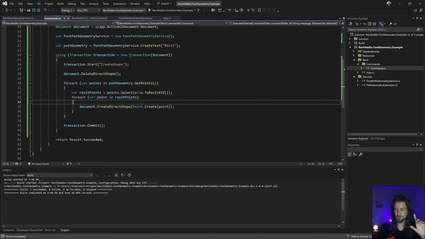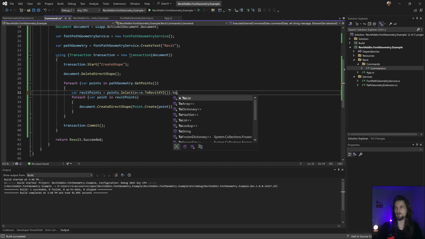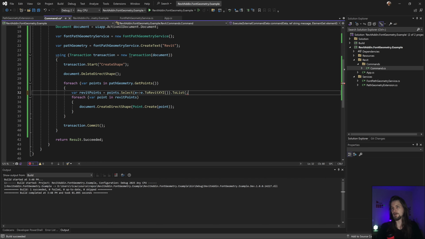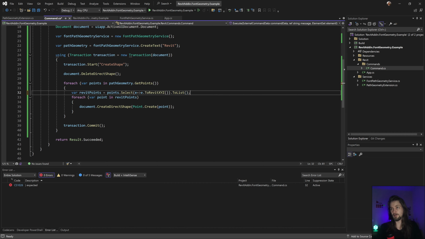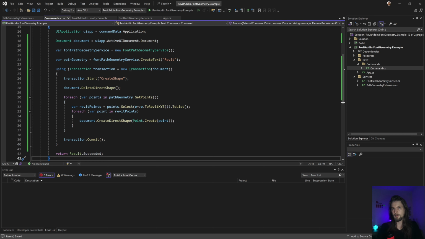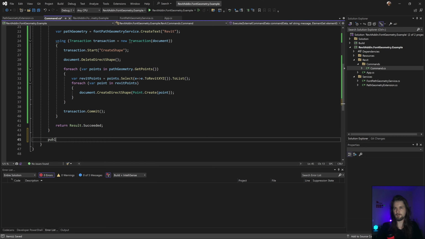But yeah, now if you have a list of points or a collection of points, I could create a true array if I want. To list maybe. Yeah. Because if we have now our list of points, we can convert that list to a polyline, multiple lines. Anyway, so let's create a method in here.